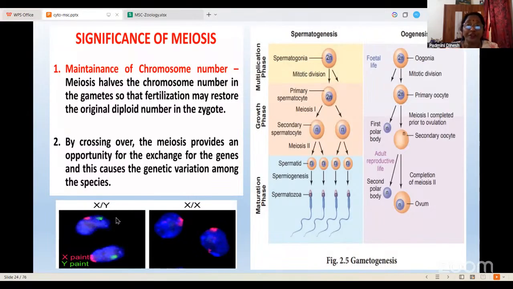So what is the significance over here? When you're talking about spermatogenesis, it first undergoes mitotic division. In mitotic division, remember, the 46 has become 92. They become primary spermatocytes. Now this primary spermatocyte will undergo one division to form the secondary spermatocyte. In the secondary spermatocytes, this 92 has become 46, 46. Now this 46 has to become 23, 23. So this secondary spermatocyte will undergo meiosis